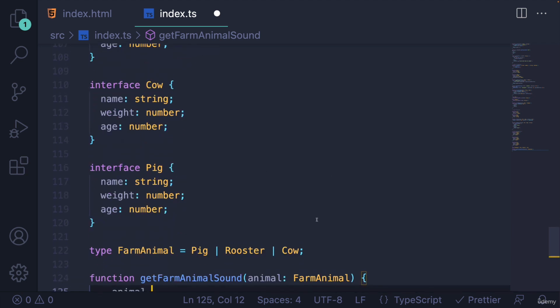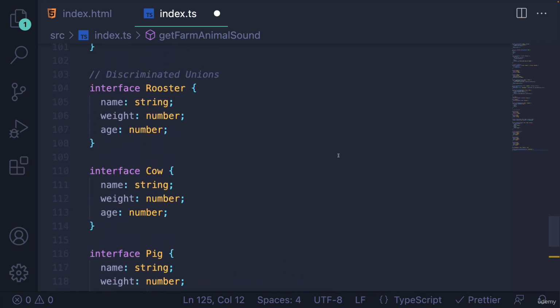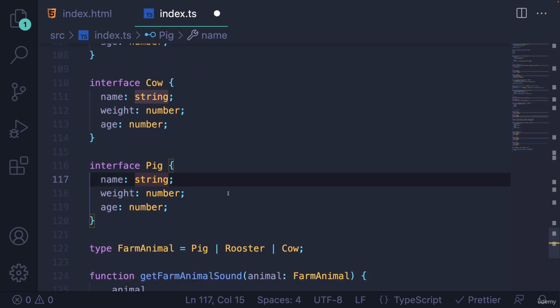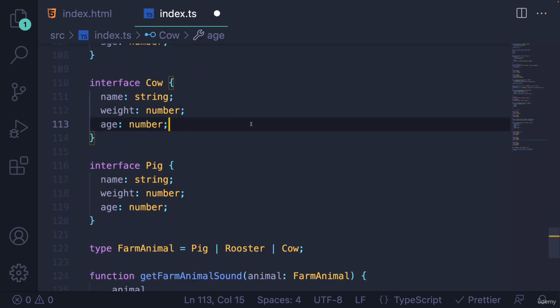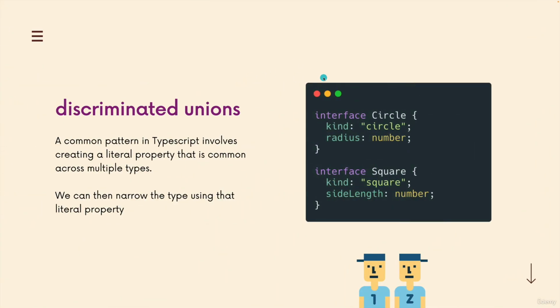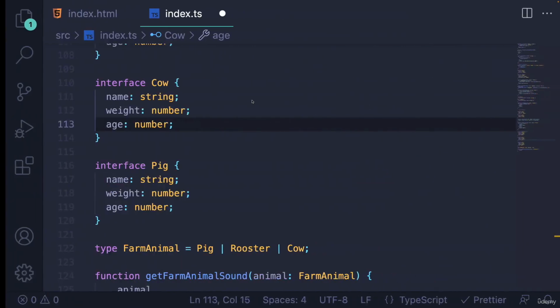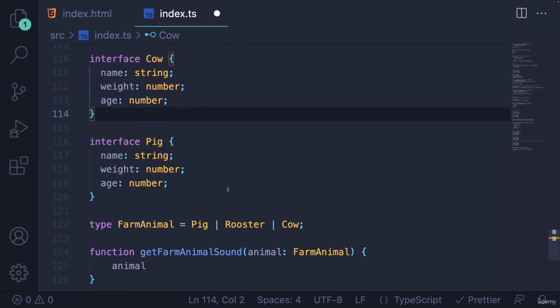There's nothing I can test for. I can't test to see if there's something in rooster or something in pig, because they all have the same properties. But even if they had some differences, I would have to know those differences. I would have to compare and figure out what I could test for. So the concept of a discriminated union is that we add something called a discriminant, which is just a fancy name for a property that all our types will have in common. So all the types in this union,